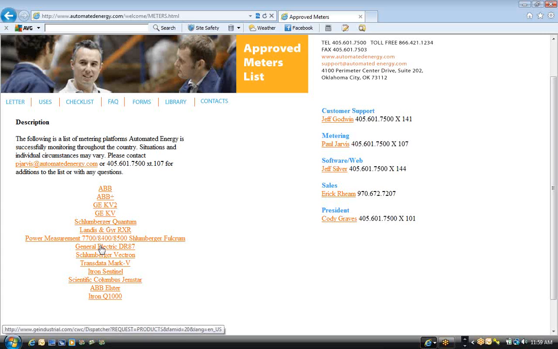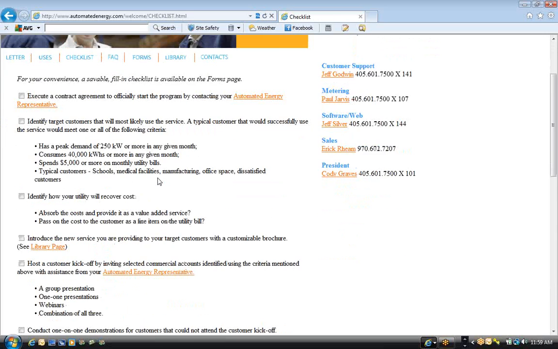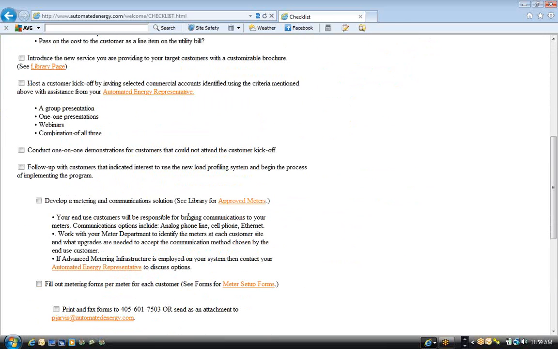That's why it's important for us to get involved with your metering guys as soon as possible so we can just talk about solutions and to make sure that we can be as effective as possible as we move forward in this process. Now, some of the basic requirements we're going to need, and you'll mention this to your metering folks when they start discussing metering with you, is number one, we need to make sure that any meter that